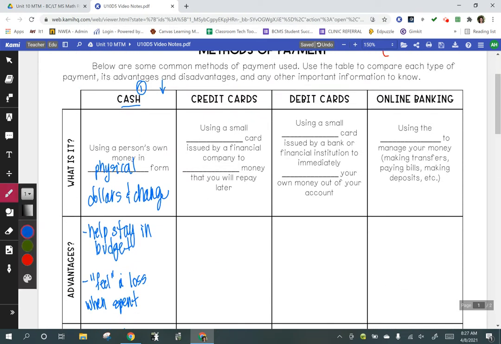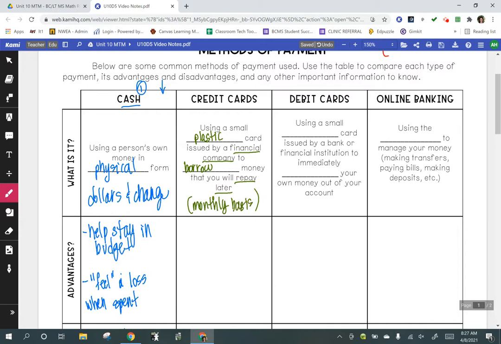All right, so let's talk about the next one, which is credit cards. And we've talked about credit cards just a little bit, but a credit card is using a small plastic card backed by a financial company. And this way you're borrowing money. You don't actually have the money just yet, but you're borrowing that money that you will repay later, typically on a monthly basis. Okay. So some advantages of a credit card is it's going to help you build some good